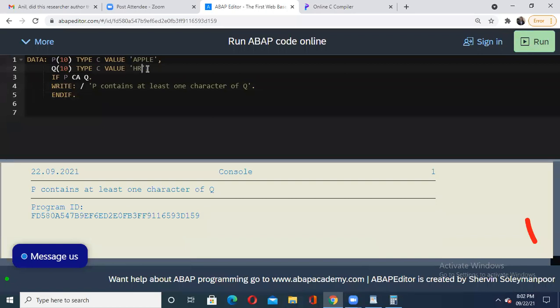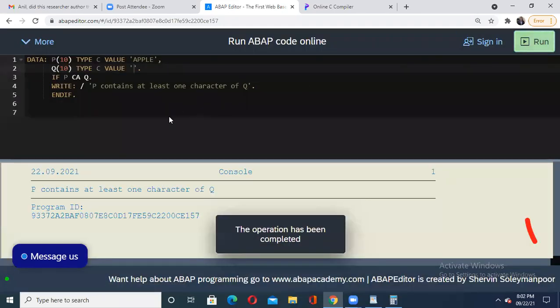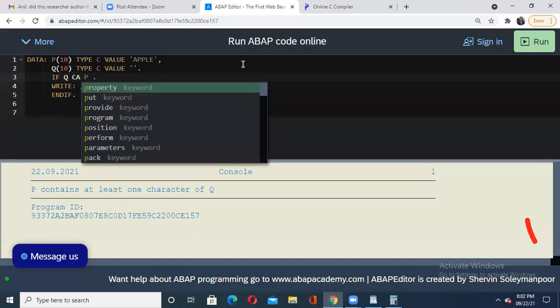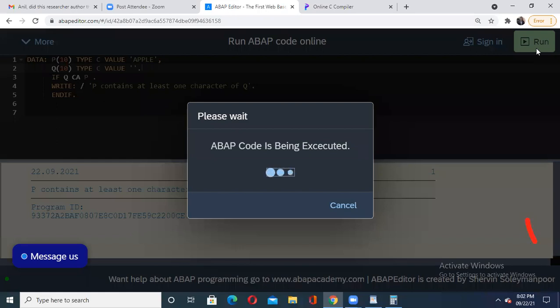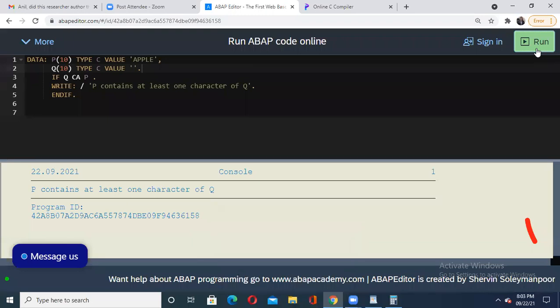Now I'll not put anything here. Let us see whether space is containing. Actually it is printing that. I'll change the sequence the other way. Let us check Q CA P. Now what happens here? Try to do these experiments. We are getting the same result again because we are comparing in that.